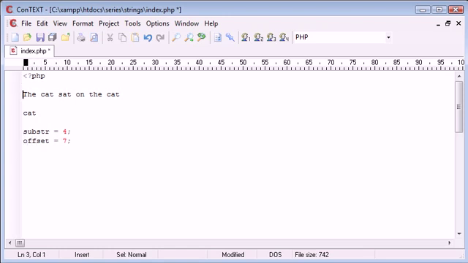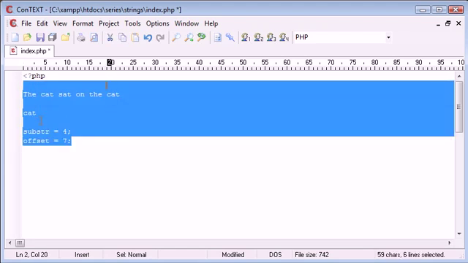The next time around the loop, we're going to go 1, 2, 3, 4, 5, 6, 7. We've missed out this because we've already found this. We don't need to process this. Now it's going to search from here, and it's going to find another instance of it here, and then it will do exactly the same thing as I've just explained. So if you don't understand this, rewind the video and listen to what I've said again, and try and understand how these variables are being set each time. Remember, we can use the strlen function with this cat to obtain the length of the string, so that's not a problem. So let's put my words into action,